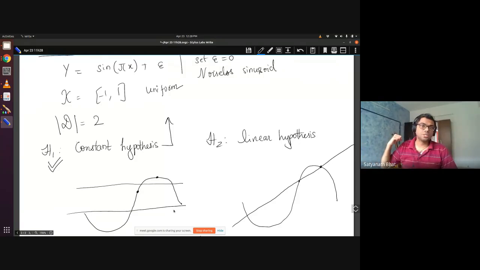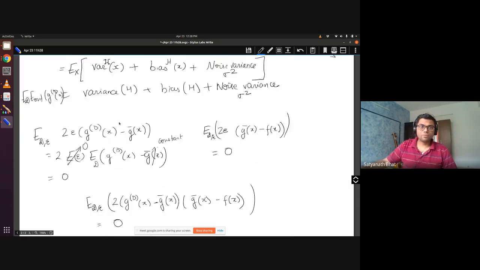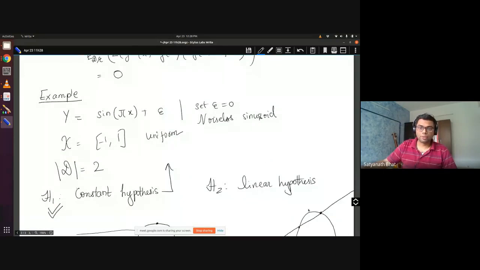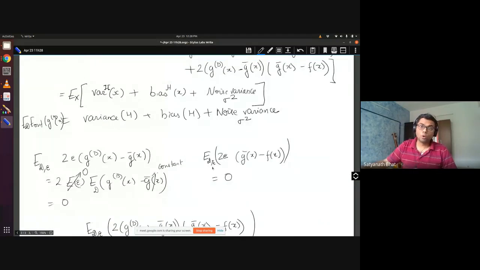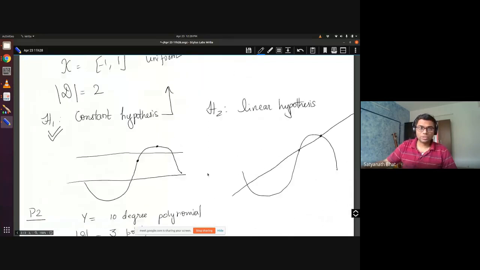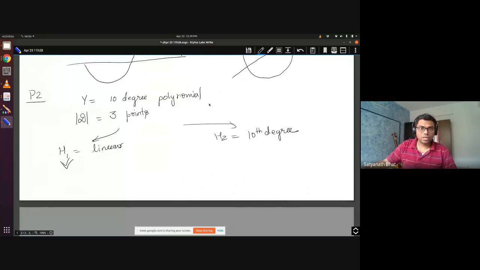From our VC dimension theory, we know that we should not have too many parameters to learn. Otherwise, in the complexity term, there will be a penalty. In the same way, we will see in this model as well that the variance will be very high when you use the linear hypothesis. That we will do through a demo in the next class, on Tuesday. And this one I will leave you to check, but linear will be a better model. This is again noiseless.